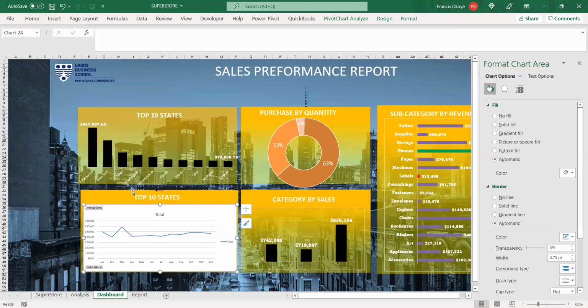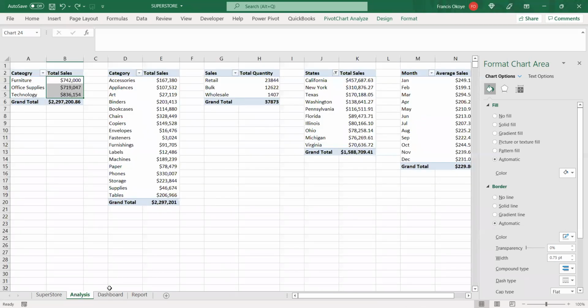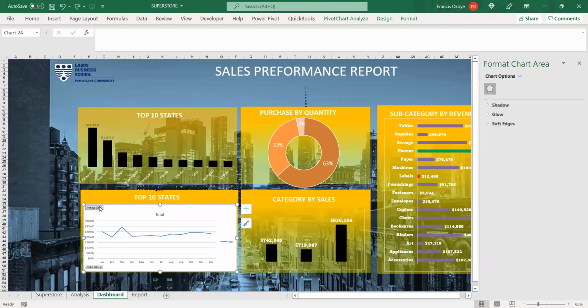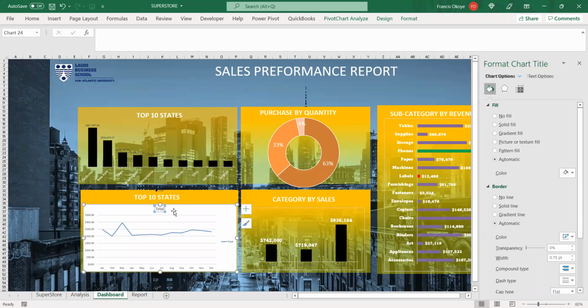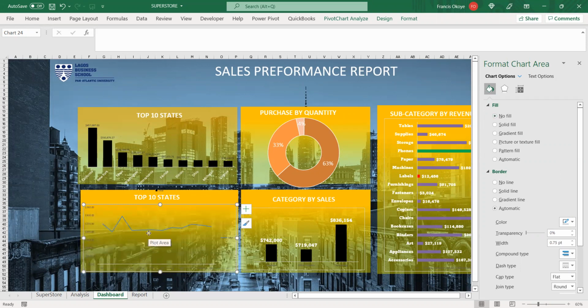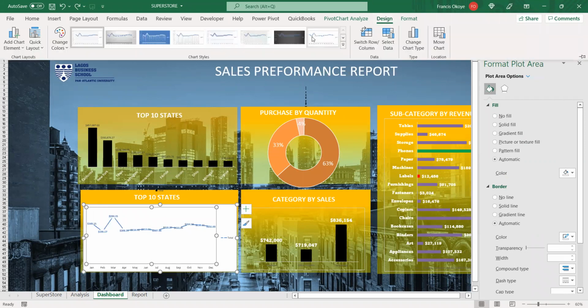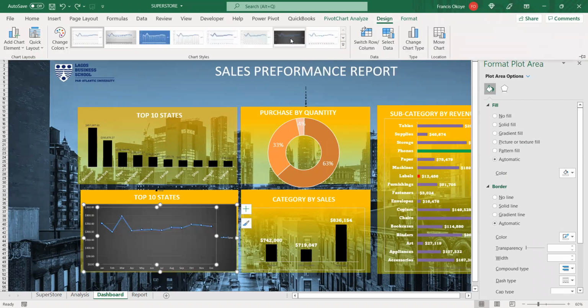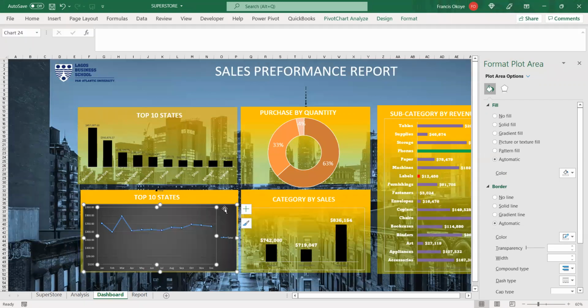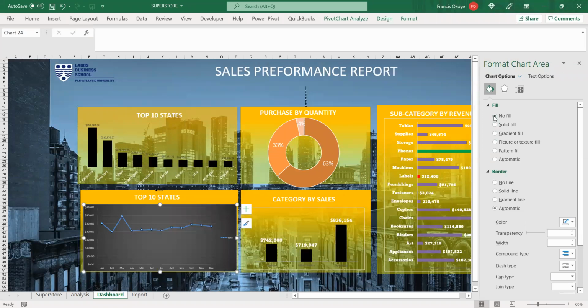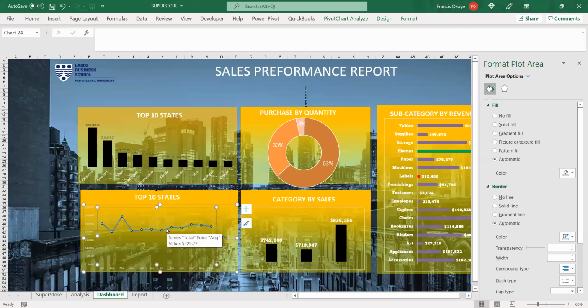Then right click, hide all buttons, take this guy out. Okay, take that guy out, then for the background, no fill. Okay, so what I can do, I can make it darker. Let's make it darker, then let me take it out. Now, sometimes if I click on this,